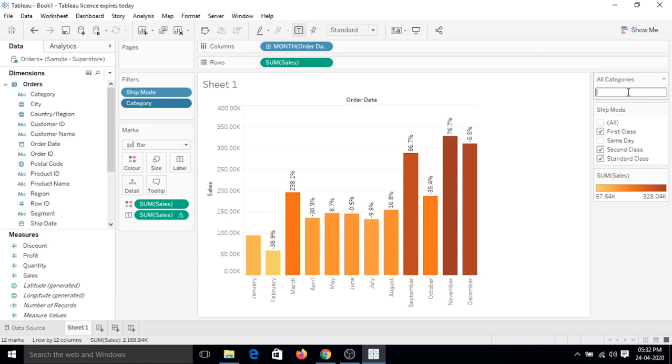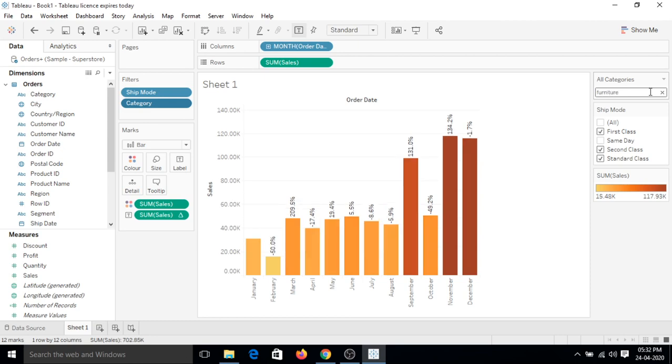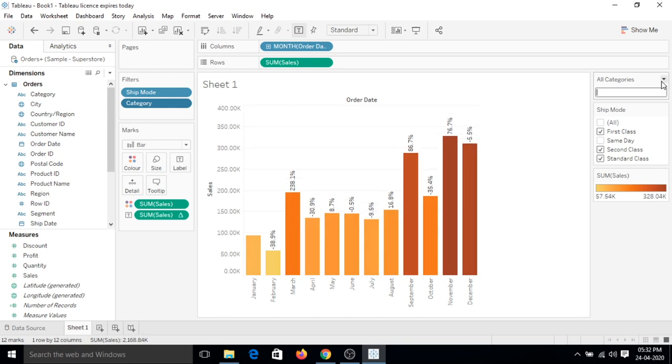So you don't know any values that are there, you are just doing a wildcard match. So let's type office. I have pressed enter, so it has done it for office supplies. Let's type furniture and I have pressed enter, so it has changed the values for furniture.